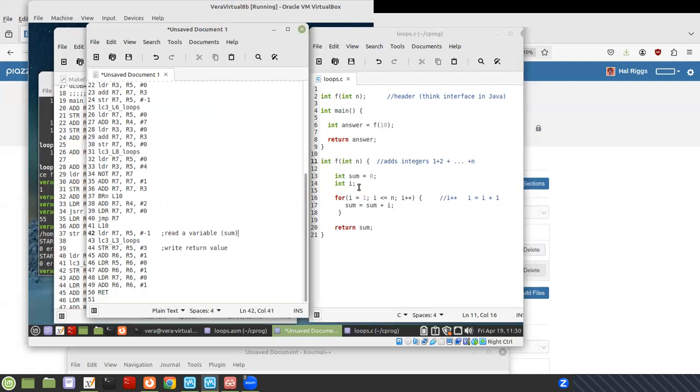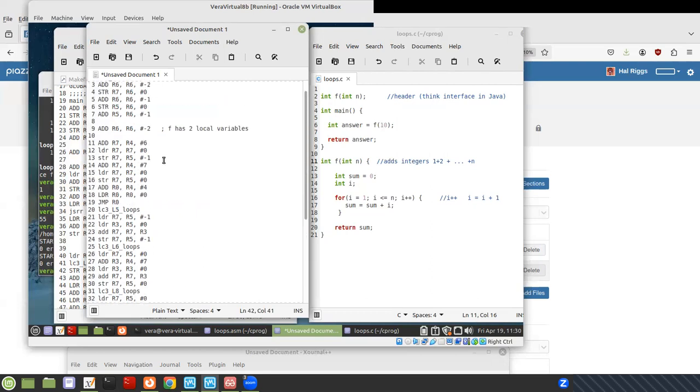But you notice here that sum is 0, and what about I? So there's some funny business, and you can see here that the first thing, int sum equals 0, is done first. So this is int sum equals 0, right? R5 plus minus 1, that memory slot is sum, right? So even though sum appears first, you do the instruction first, but it's organized separately, and so we expect that 6 here